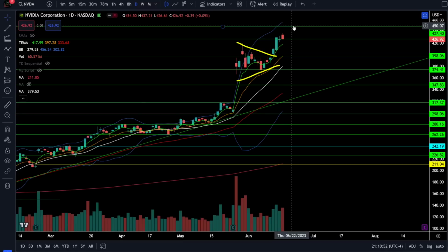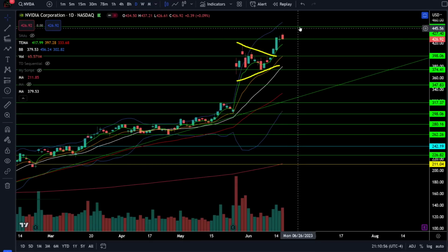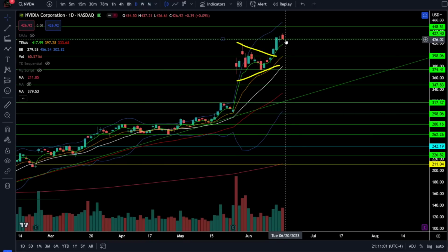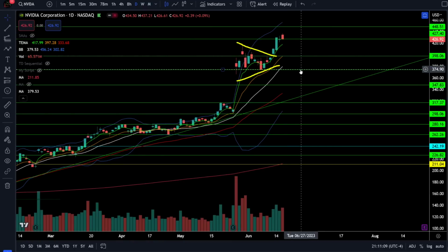Now be very cautious on this stock because I think we have exhausted a lot of the upside move, and even though we can go higher, I would not put your money on it unless you're tightly managing risk right here, right around 427. If we break below 427, as you can tell from the chart, that means we could come all the way back down to 398 to 374, and that's just a lot of risk to take on